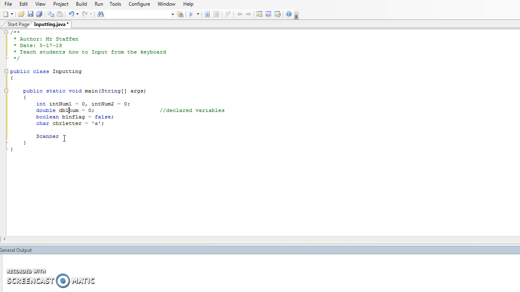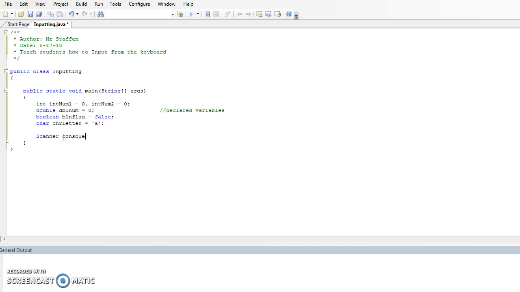Today we're going to talk about scanner class, and again we use scanner. I know this is a class because it's uppercase. Remember, everything that's uppercase is a class. Okay, even though we didn't go over classes yet, just get that in your head that if a word begins with uppercase, most likely it's a class. Okay, and when we have a class, you could think of this as a blueprint. And when you have a blueprint, think of building a house. You could use that blueprint to build multiple houses, and the houses will all be the same if you use the same blueprint. So now we're going to create our object, and usually most people use the word console,